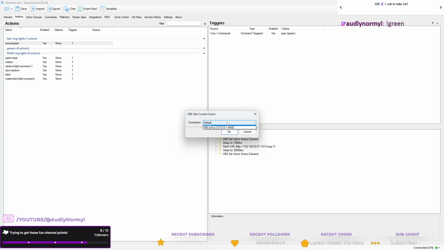But I'm not sure what it does with that. I'd have to look at documentation to see what it does with that current scene. So like what happens when you get current scene? What's the variable that I could then pass on to another effect afterwards, to then set the scene again to be whenever the current scene was. Which is fine, but again, I just want to run this real quick.